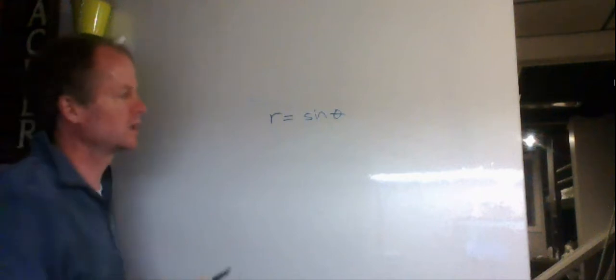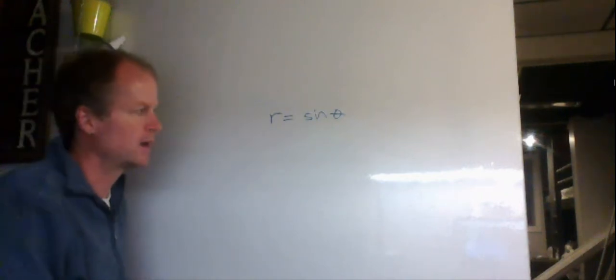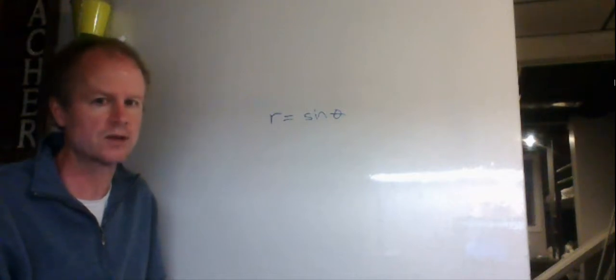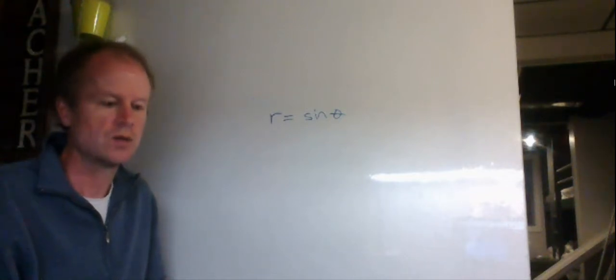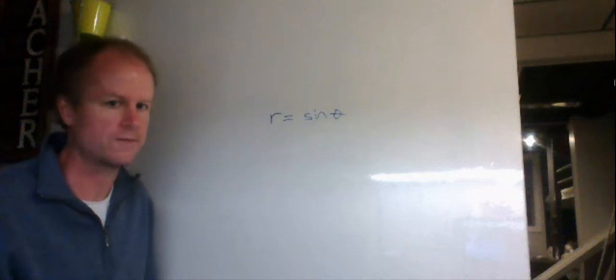The first thing we're going to do is multiply both sides by r, because it will help us convert it into rectangular. Our goal is to convert this into rectangular coordinates so that we can confirm that it is a circle with a center at 0.5 and a radius of 0.5, like we saw